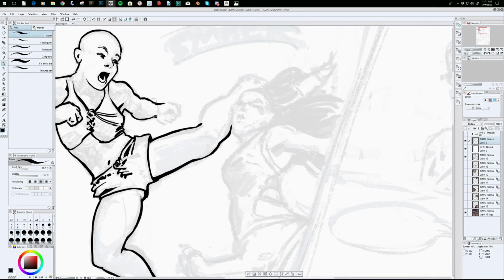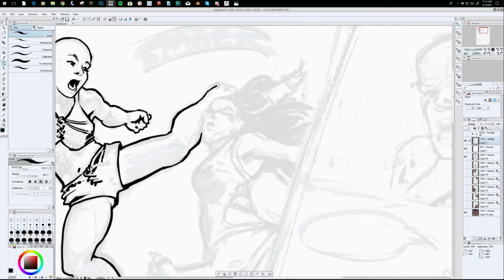The other thing that I need to remain conscious of is that all of my lines are closed. So I should be able to take a pen and draw all the way around each contour and never pick the pen up off the paper. There should be no gaps. And the reason is that when I get into the coloring, I want to be able to use my magic wand tool to select areas to color. And obviously if there are gaps in the line, then the magic wand is going to select a whole bunch of stuff that I don't want. And